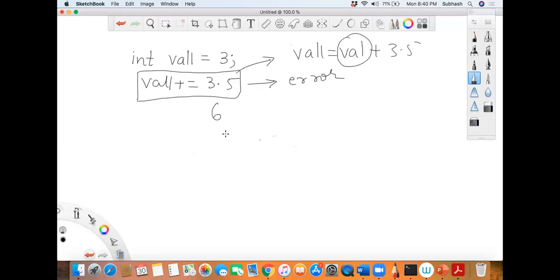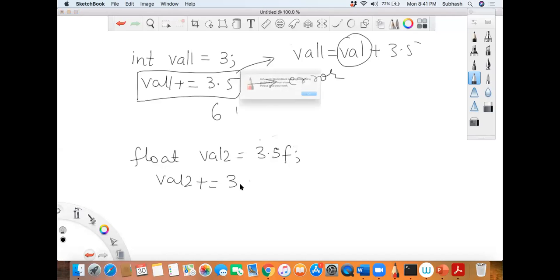Okay, now quickly see the second example, the same compound operator, the second one. Can you guess what is the output of that, guys? Quickly, the second example. Firasat, tell me what is the second one? Sir, it will be 6.5F. It would be 6.5F. Yes, right. Correct. You're understanding. What is the second one? It is float, is it? Yes, sir. It is float, right? Float val2 is equal to 3.5F. Okay, then val2 plus equals 3, isn't it? Right. Now, when you say the output,